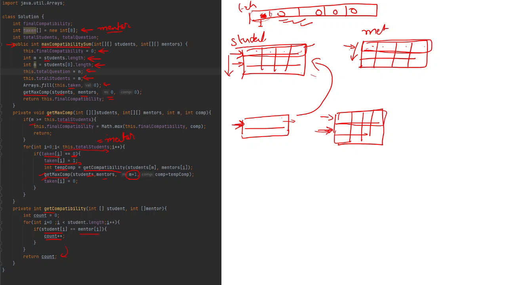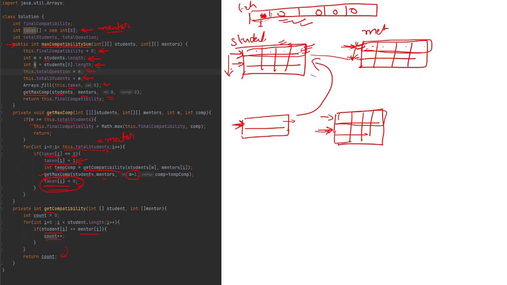Remember the first student has taken the first mentor, which is why we put taken[i] equals 1. Now when we have returned here and want to give the student the second mentor, we have to free up the first mentor. That is why it is a backtracking problem. So we again do taken[i] equals 0. That is, the first student had previously taken the first mentor, but now he has freed it up and selected the second mentor. That's why we are doing 0.